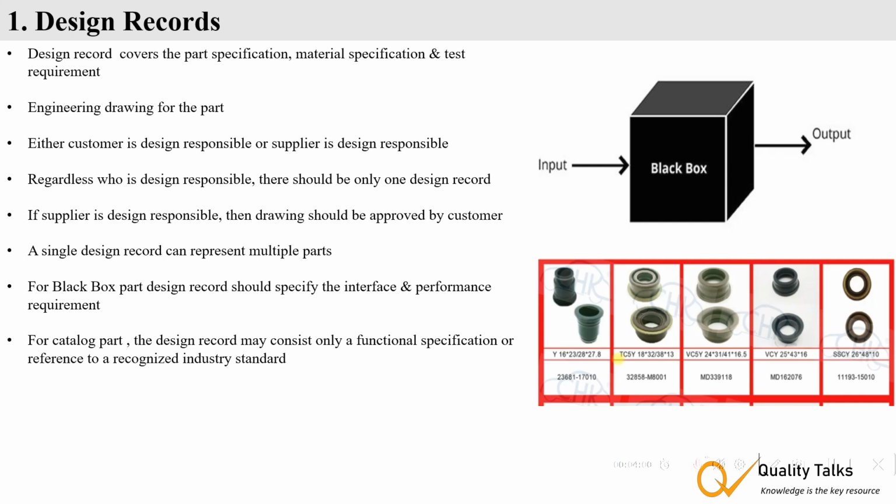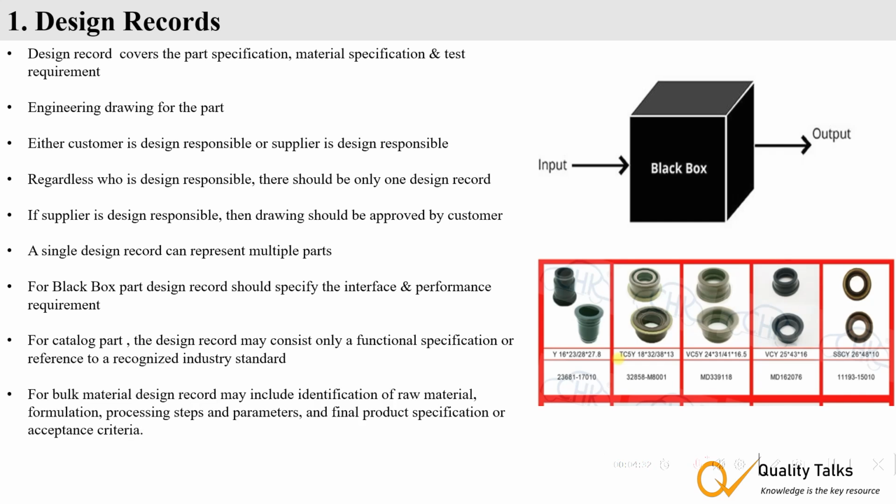Catalog parts are the standard parts of a proprietary supplier, like oil seals. For catalog parts, the design record may consist only of functional specifications or a recognized industry standard. For bulk material, the design record may include identification of raw material, formulation, processing steps and parameters, and the final product